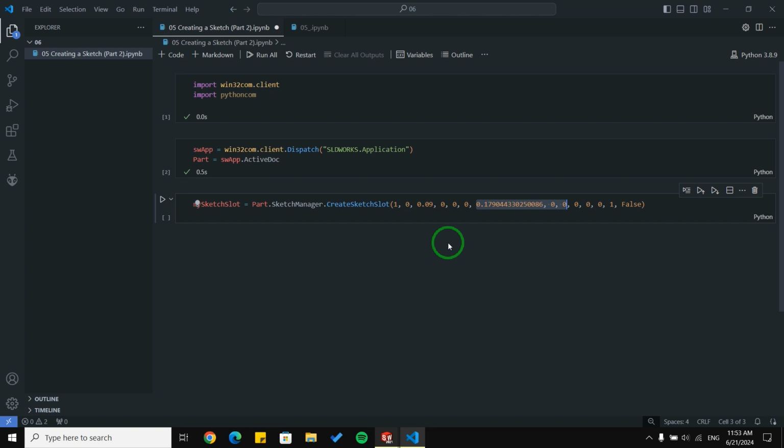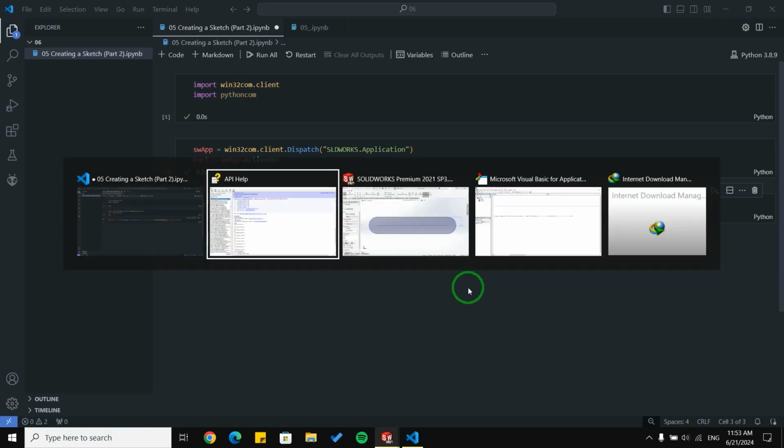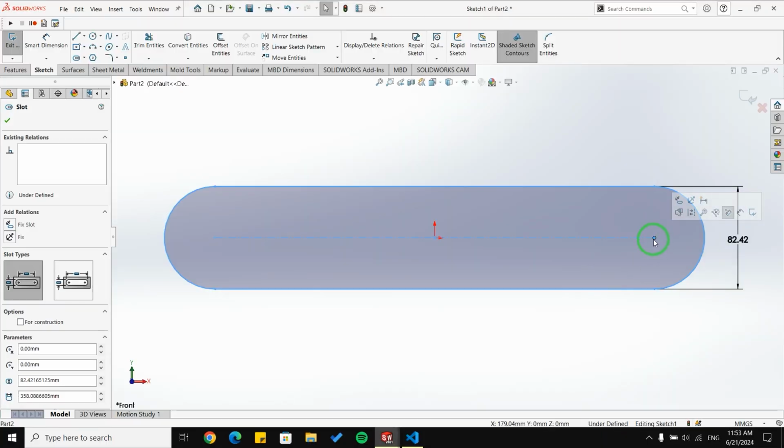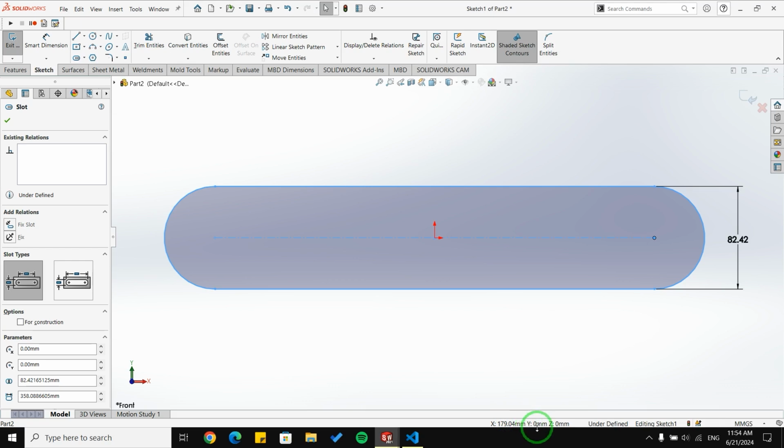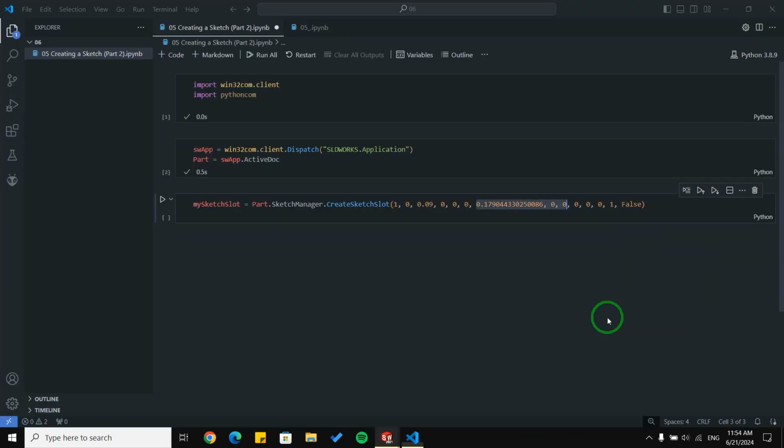Then we are going to specify x2, y2, and z2, which will be this point. As you can see here, the x argument is 179 millimeters, and y is equal to 0 and z is equal to 0 too, as we can see here. So I'm going to put, for example, 200 millimeters. And as I said, we don't have the third point. So 0, 0, and 0 are the arguments we are going to use.